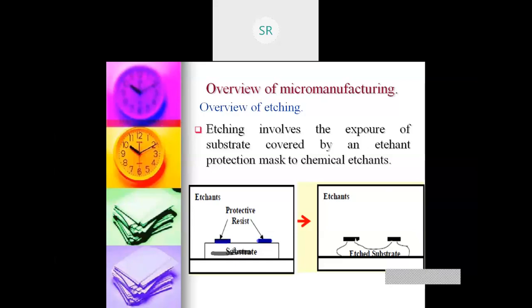So what I'll do is, this is the chemical etching. I select a proper chemical solution and I'll dip this entire thing into the chemical solution. And after the chemical etchant, what will happen is, now see here, the substrate is no more. The substrate is removed and I have only the protective resist. I have only this layer retained and all the other layers are removed. So this is the chemical etching, where I'll maintain the required part.